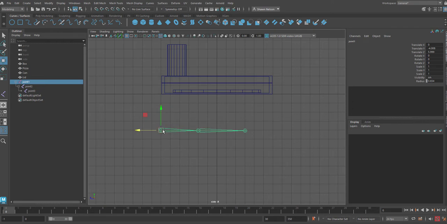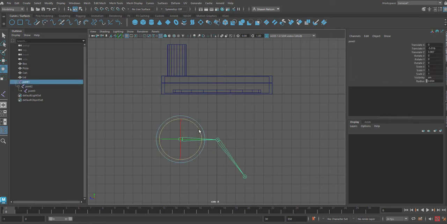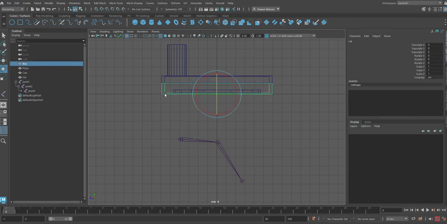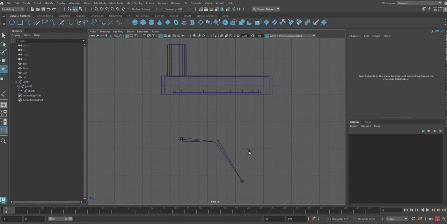If I grab this and move the joint around, it moves the whole thing. If I grab this one over here and rotate it, it moves, but only per this one, because this bone here is a child of this bone here. Just like this box top here, remember, was a child of this. It's the same thing, except that these are